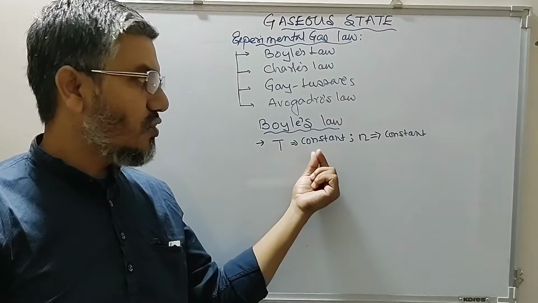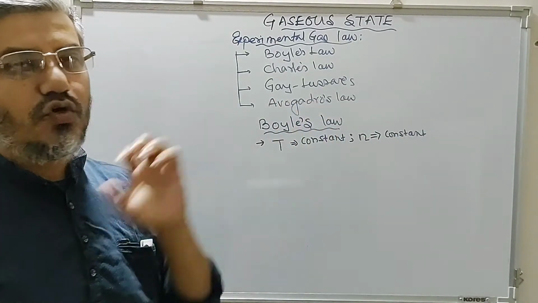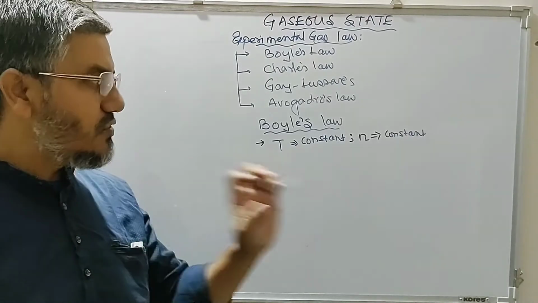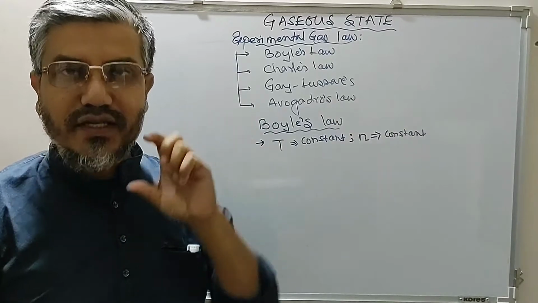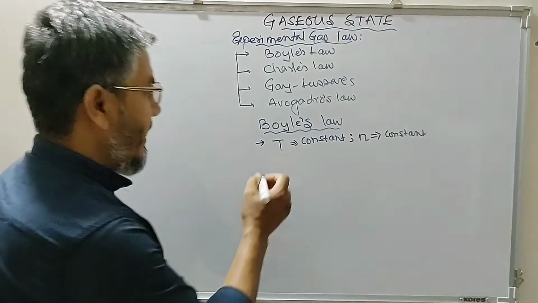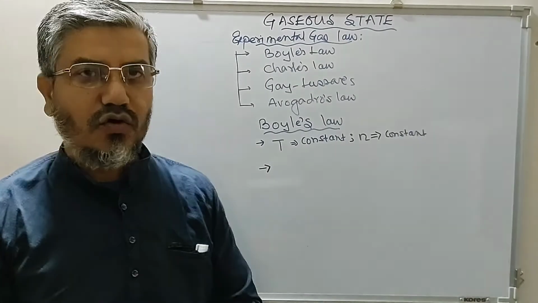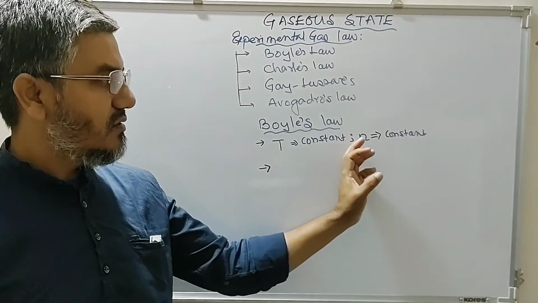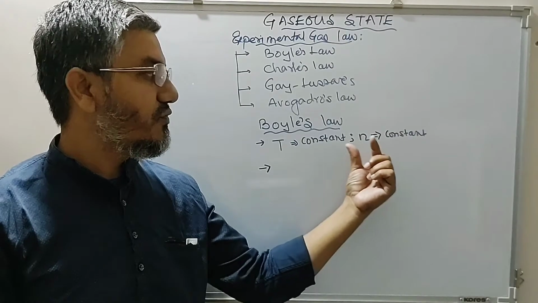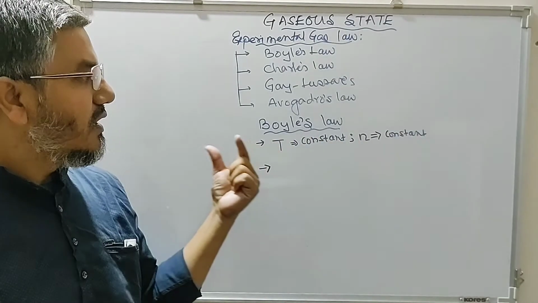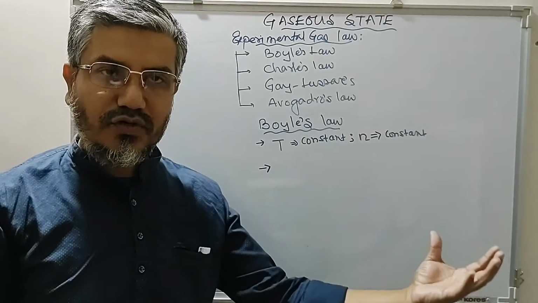If temperature is not constant or number of moles is not constant, then Boyle's law will not be applicable. So for Boyle's law to be applicable, temperature and the number of moles should remain constant. So as far as the statement of Boyle's law is concerned, for a given mass, that is for a gas with fixed number of moles or fixed mass, the volume occupied by the gas is inversely related to the